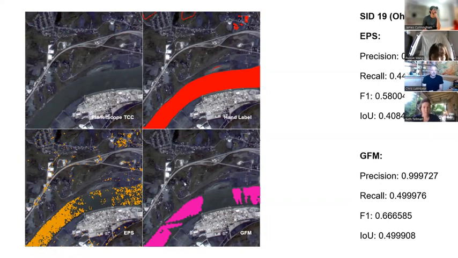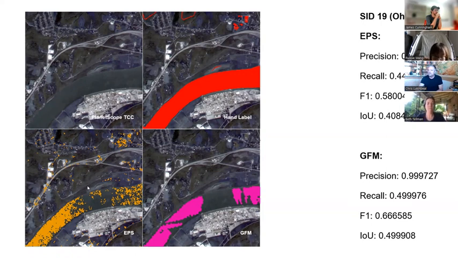So here we can see there's a tip near Ohio that is a river passing a construction area, and also some small water tunnels going to the north, and also some small ponds, probably human-made, in the construction area. So EPS and GFM, both of them for some reason lost the middle